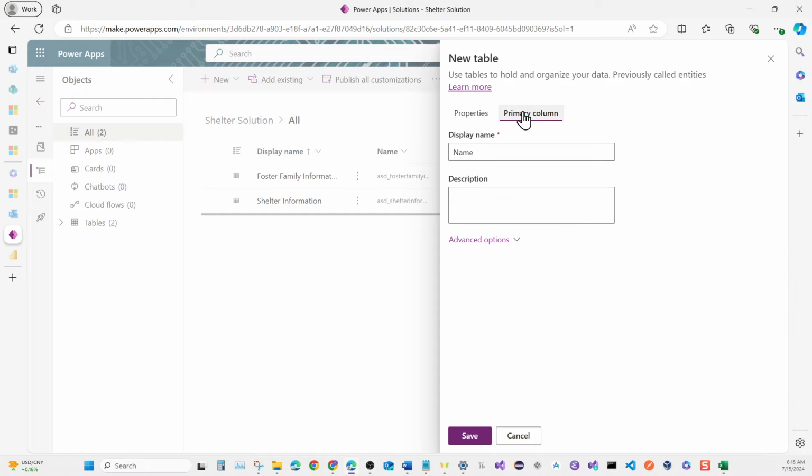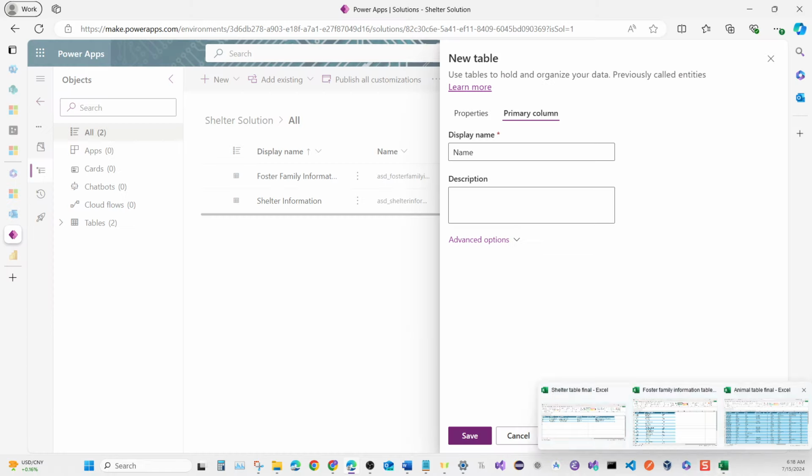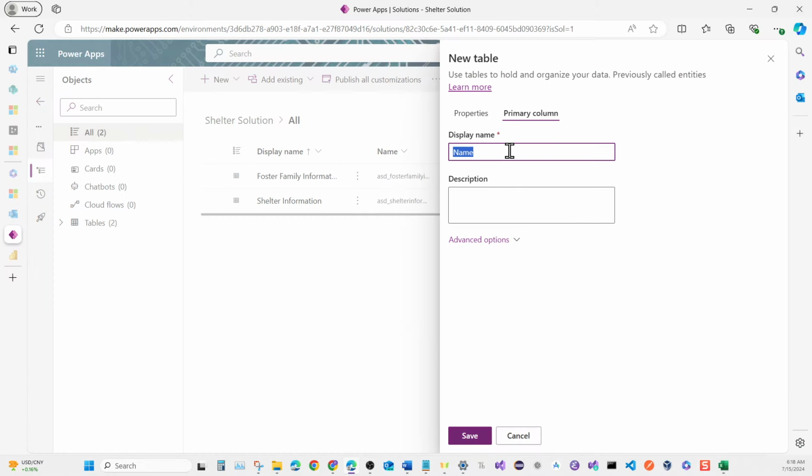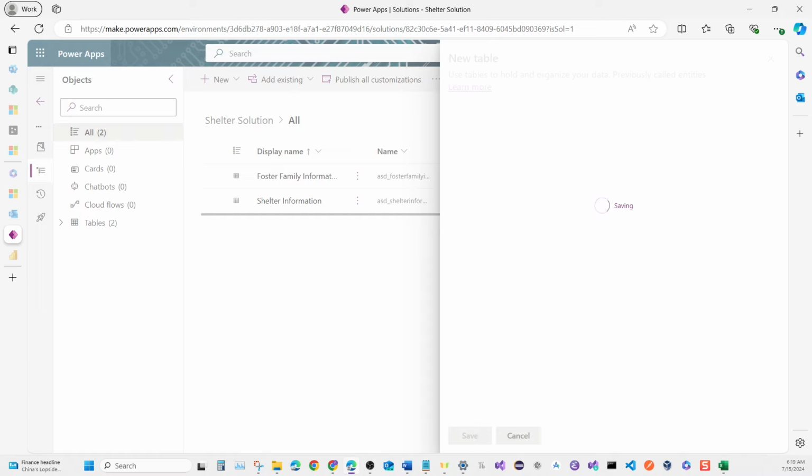So switch over to the primary column tab, and we're going to rename this. So if you remember, we had microchip ID for our primary column in our animal table. We're going to put ours as microchip ID too. So rename this to microchip ID. And when you're done renaming it, the primary column should have display name as microchip ID. I put a space in mine. You don't have to in yours. And then for the properties, it should have animal information and it should look like this. And when you're done, hit save to create our new table